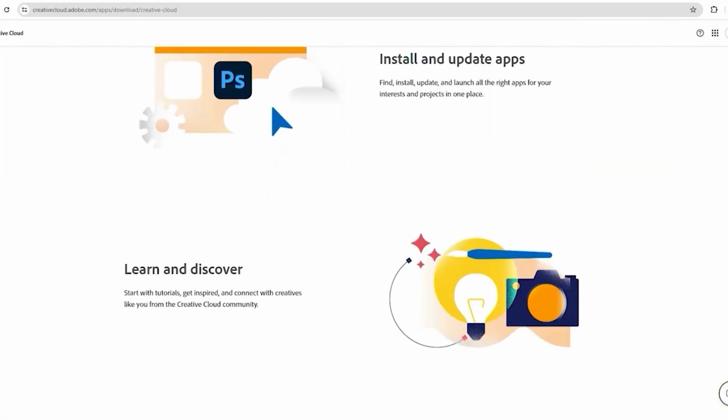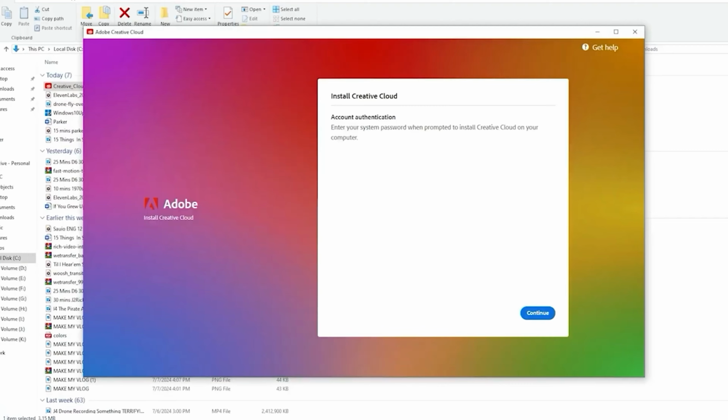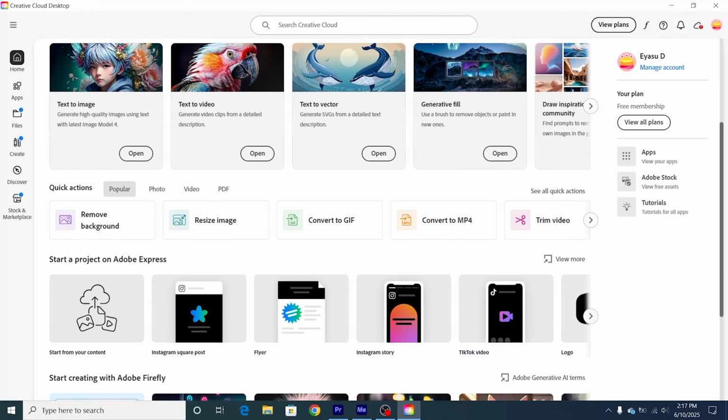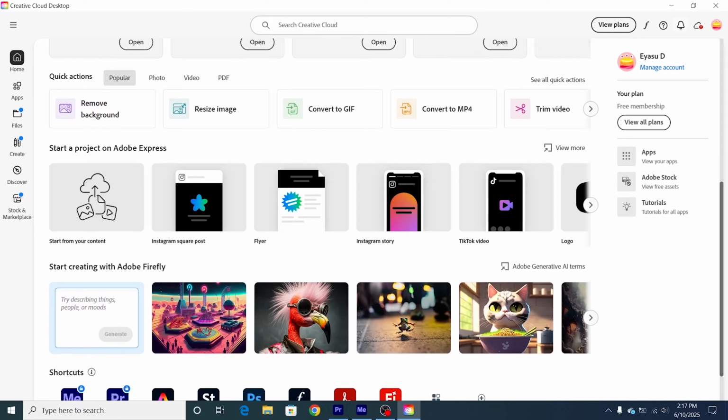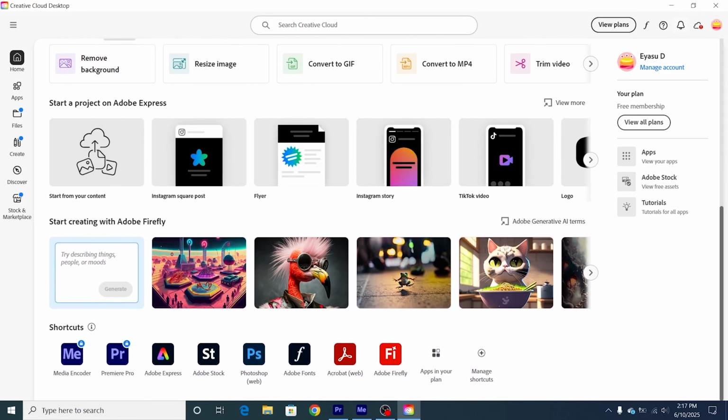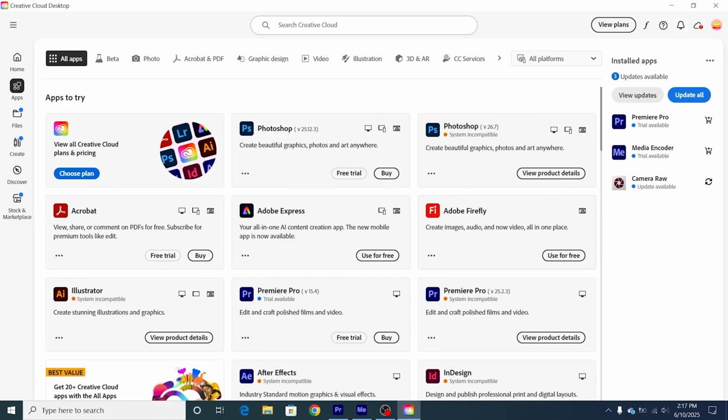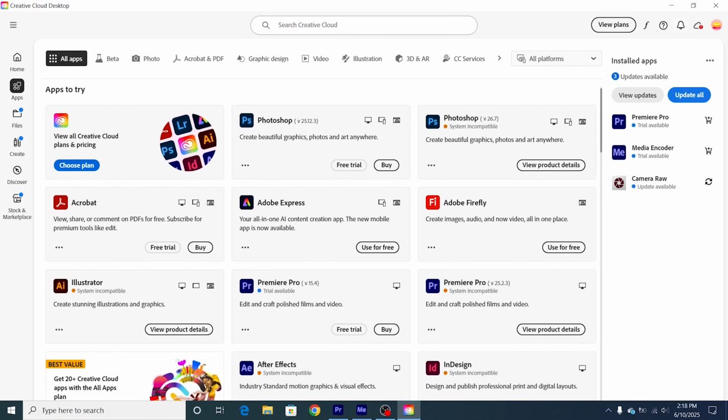After signing up, Adobe will guide you through downloading the Creative Cloud app. Once it's installed, you can start using all the Adobe software you need, including everything from graphic design to video editing. You now have 14 full days to explore and test out all the pro features of Adobe Creative Cloud,